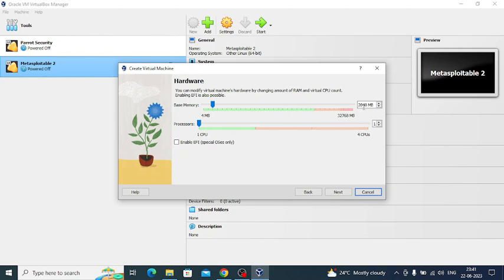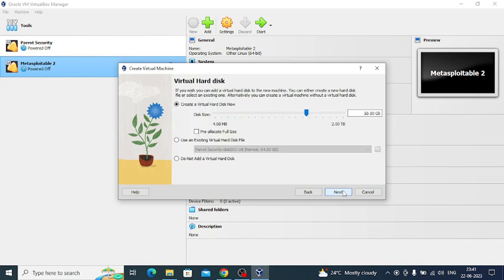It's taking around 2 GB. It's okay. If you want to increase it, you can, but it's okay for now. We'll click on next, and it's asking for the virtual hard disk size, which is 50 GB. We are okay with that. We will click on next,